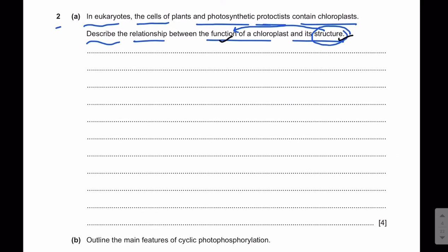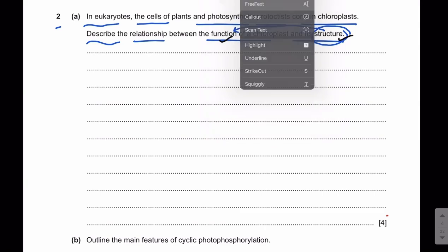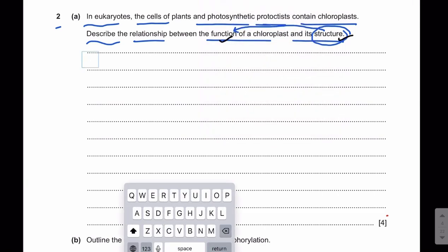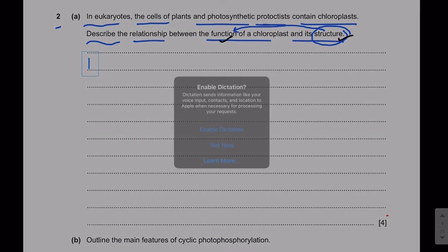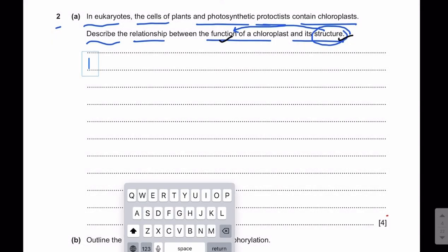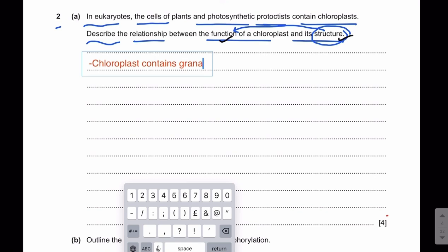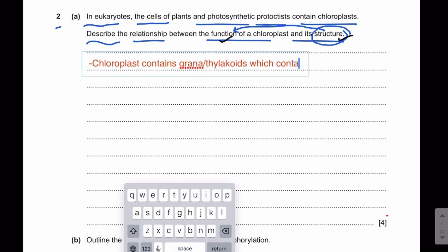We can write a lot of points, but you need to know that we just have to write 4 points because the question is of 4 marks. So what we can write is that the first point that we can write is that chloroplast contains grana, right, or thylakoids, which contain photosystems,